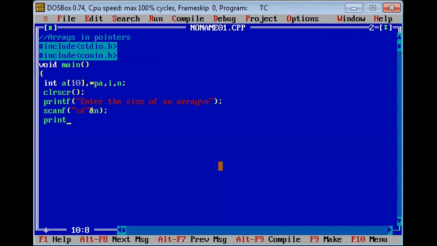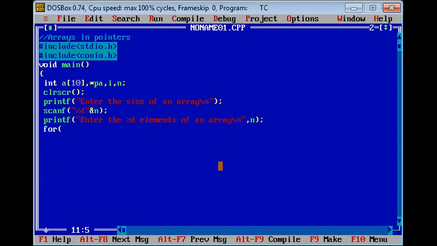Next, printf enter the %d elements of an array. How many elements you want to enter? n.